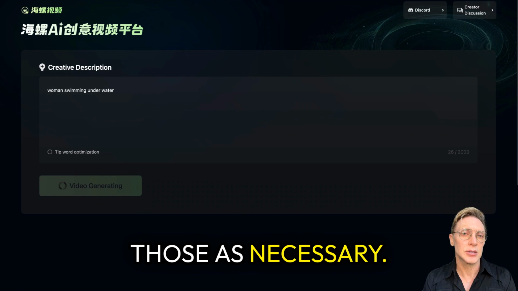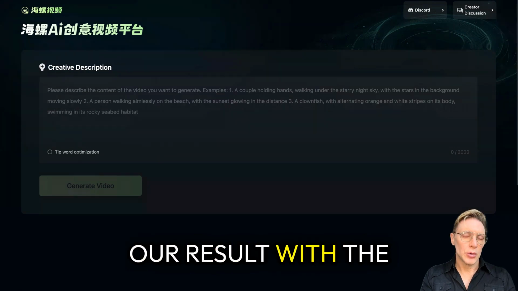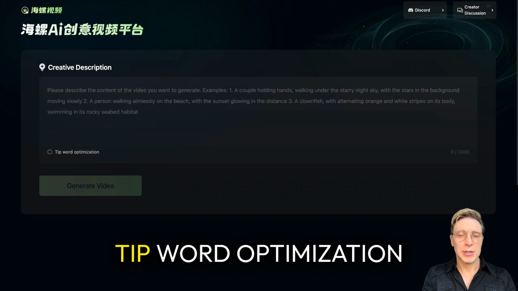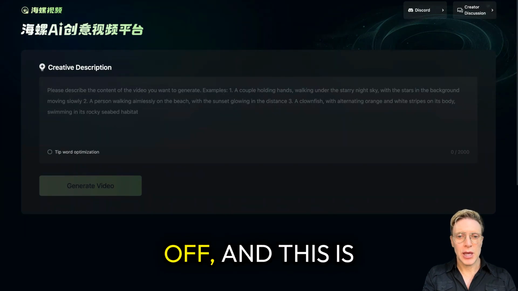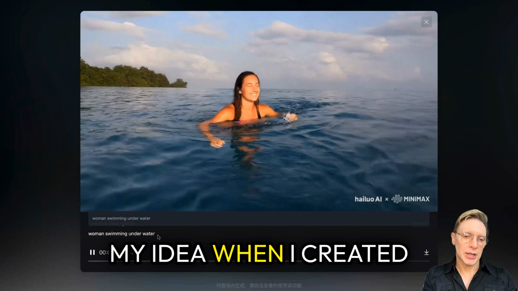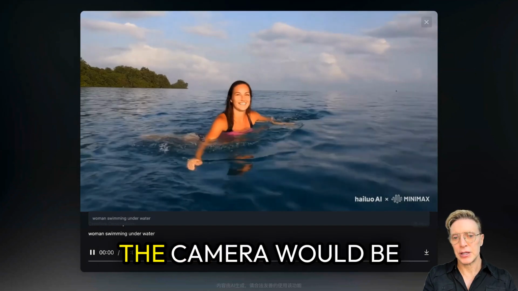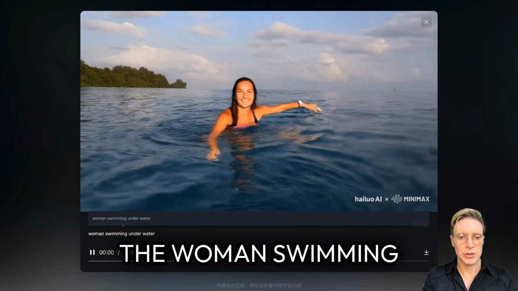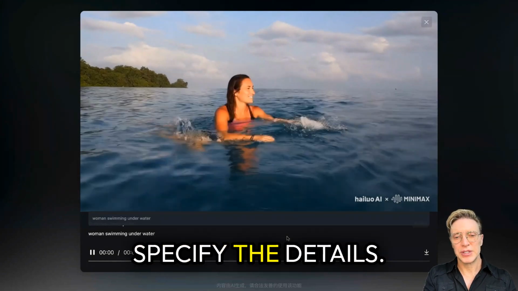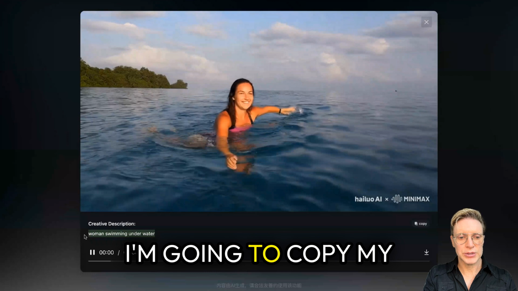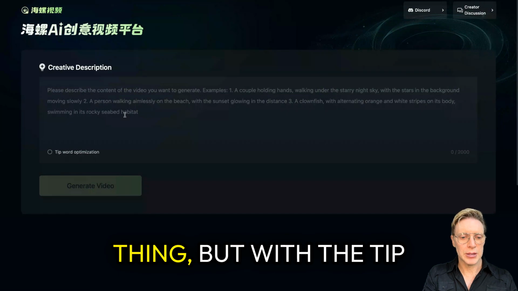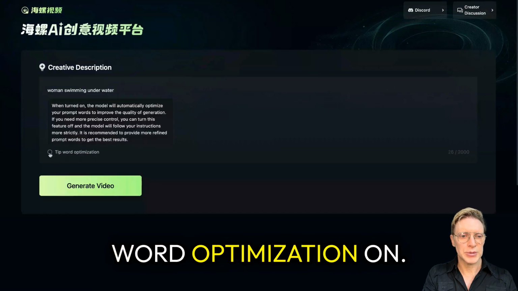Okay, so we have our result with the short prompt of a woman swimming underwater and the prompt word optimization off. And this is how it turned out. My idea when I created this prompt was that the camera would be underwater, filming the woman swimming from underwater, but I didn't really specify the details. I'm going to copy my prompt and we're going to try the same thing, but with the prompt word optimization